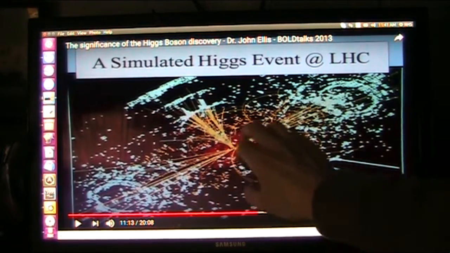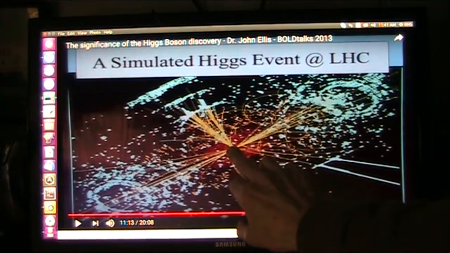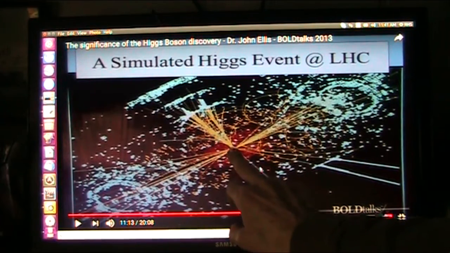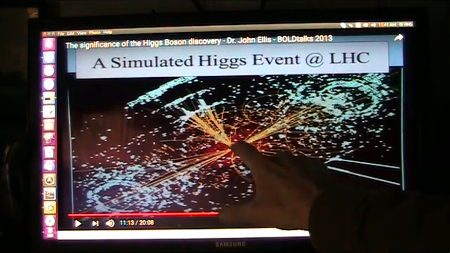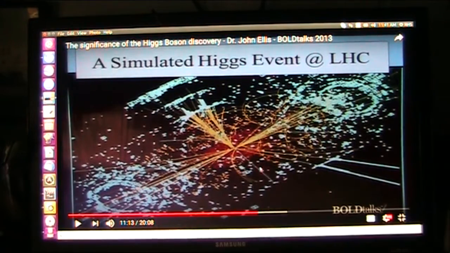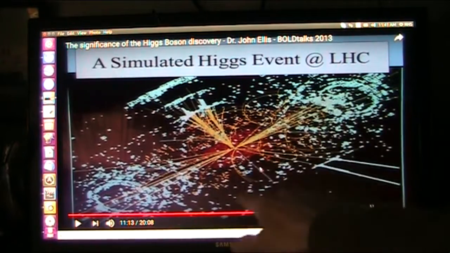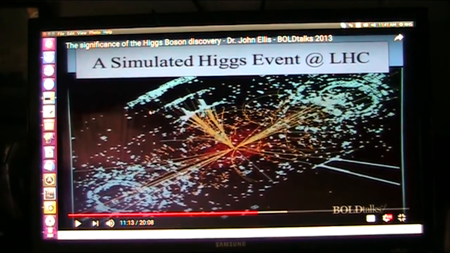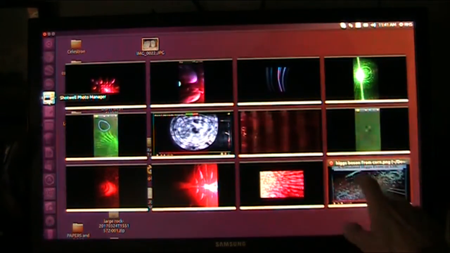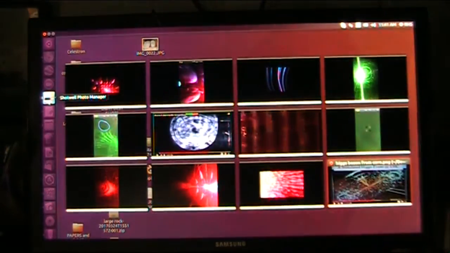But if I know what's in the core now, I think, according to my theory, and if I'm right, they may see exactly what I'm suspecting they will see, and we'll talk about that later. But right now, I see exactly what they want to see, because I think the particles that they're looking for are very, very similar to the particles that I am looking for. So that's their simulated picture. That's what they want to see. Well, guess what we have for them?